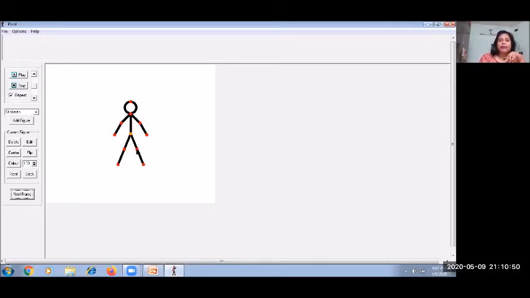This is for helping us to move the stickman's hand, leg, head. So if I want to make it do some exercise, I can do it with the help of this red dot. See how it is moving?